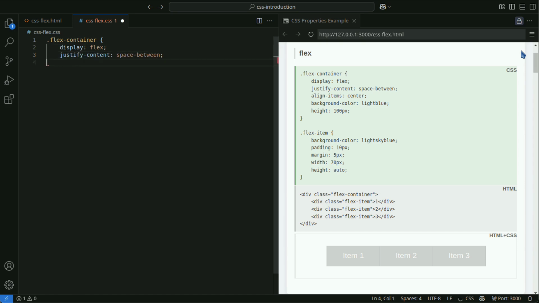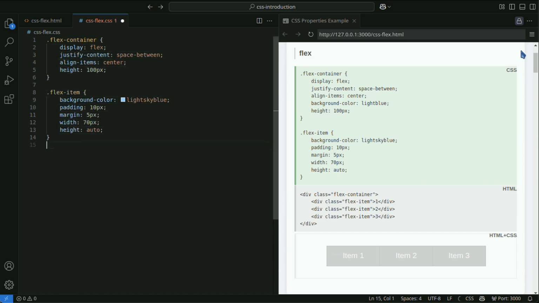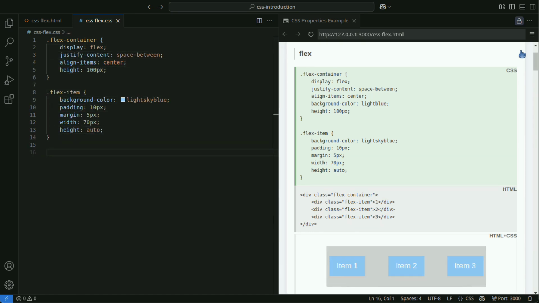First, let's look at Flex. Flex is a property used in CSS to efficiently align and arrange elements, and it is part of the Flexbox layout system. This system is mainly for easily aligning and distributing child elements, flex items, within a container and is more flexible than traditional float or position.